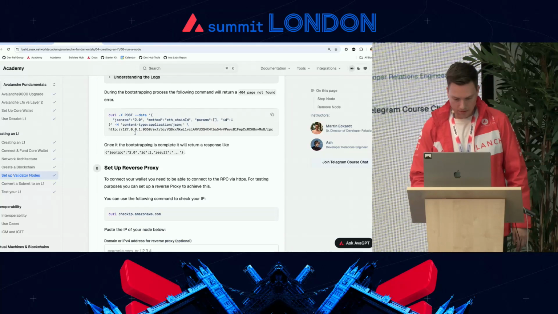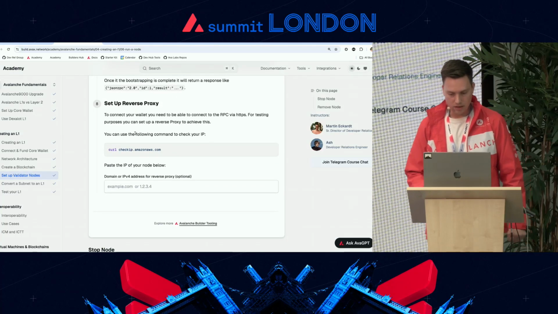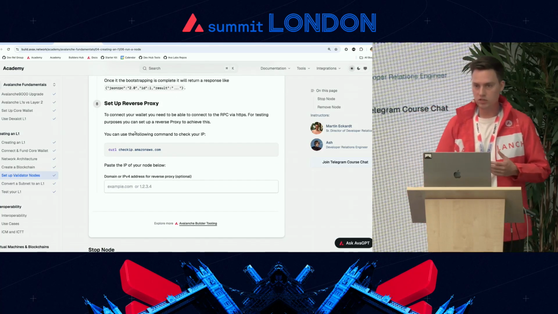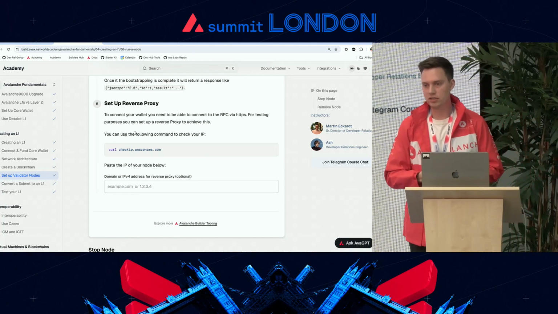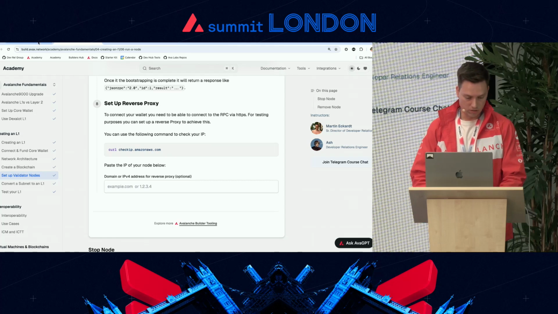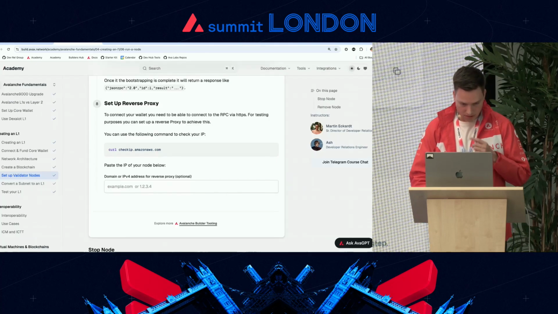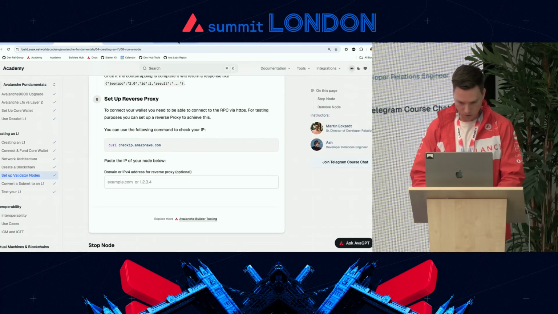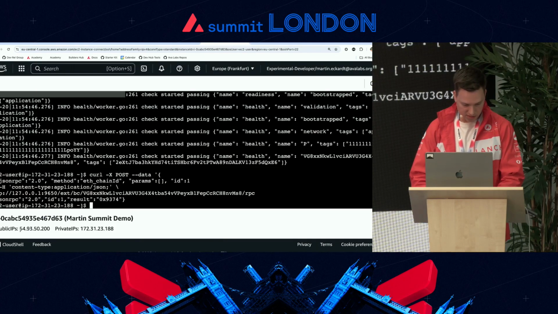So there's one thing though. Usually when we connect wallets to it, if you want to deploy contracts or something, these wallets have a strict requirement that you need to connect via HTTPS, right? So Ilya from our DevRel team has built something super cool that facilitates this process, which is maybe not suitable for mainnets, but for a testnet,